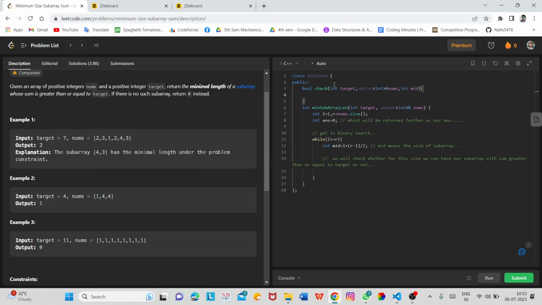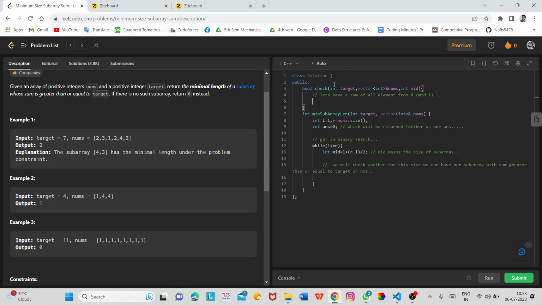So basically we will have the sum of first mid numbers, so let's have a sum of all elements from 0 to mid minus 1. So we will have the sum here.